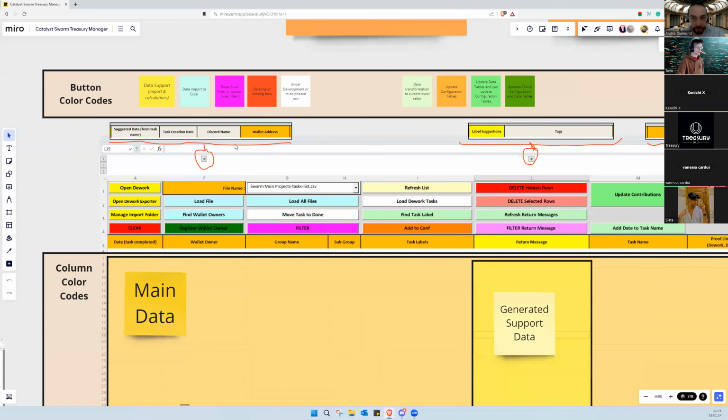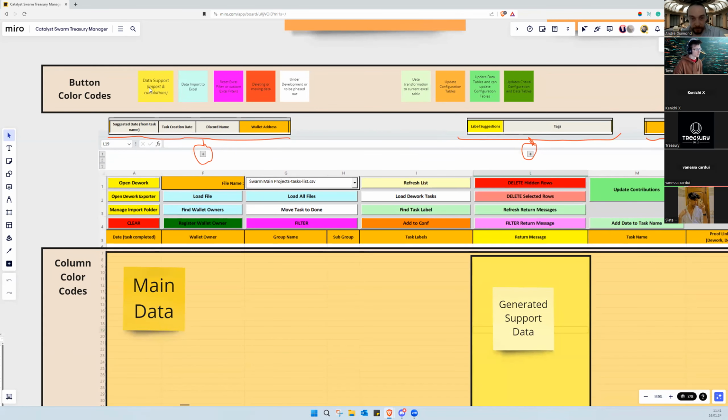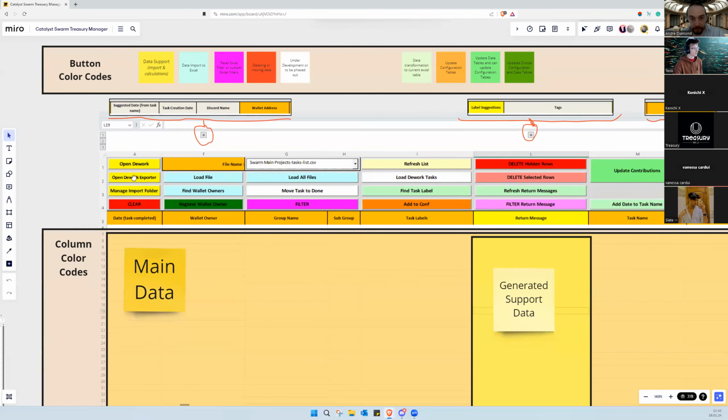And usually the flow of the buttons is left to right. Here on the left side you can see Open Twork Exporter and Manage Import Folder, and they are related to data support, import and calculation, buttons that help to import. So usually the first thing we do is getting data into the Excel. The next colors are data import to Excel. Actually, okay, one is getting it into the system in different folders,